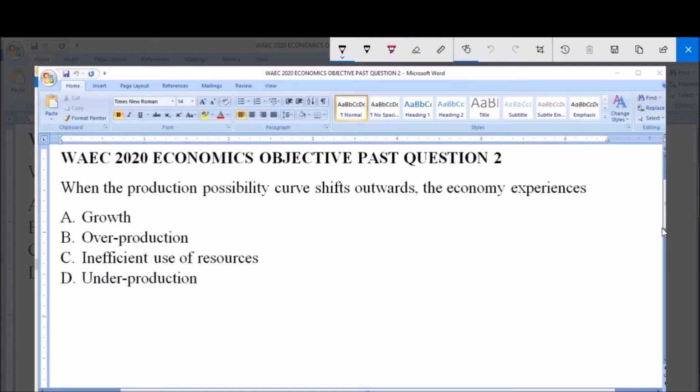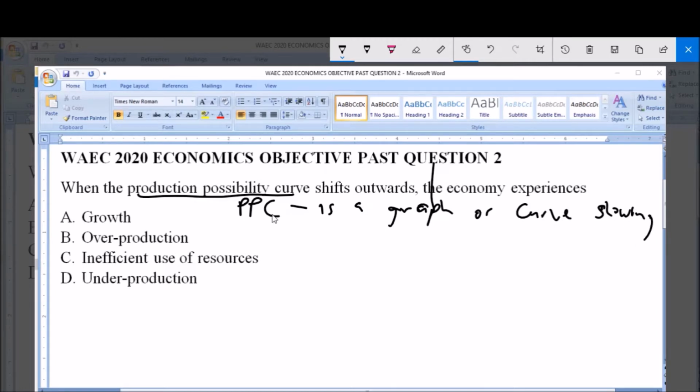Hello and welcome. I will be answering WAEC 2020 Economics Objective Past Question 2. When the production possibility curve shifts outwards, the economy experiences A. Growth, B. Overproduction, C. Inefficient use of resources, D. Underproduction. Now, a production possibility curve, abbreviated as PPC, refers to a graph or a curve